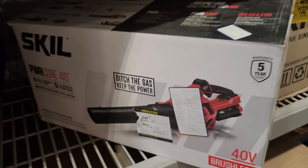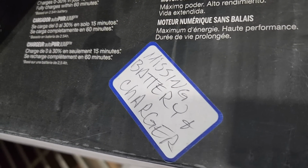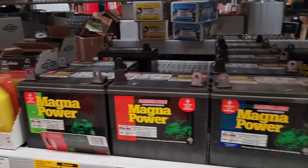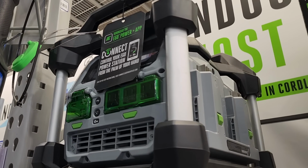And it tells you right there what's missing. I'll show you guys real quick. Missing battery and charger. So those are the things you want to look at when you're looking at stuff like this. You got a battery here on clearance for $30, down from $37. The Magna Power. And then you got this